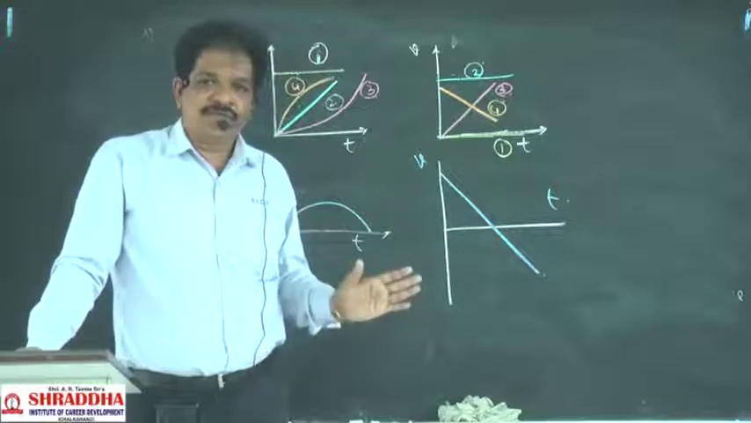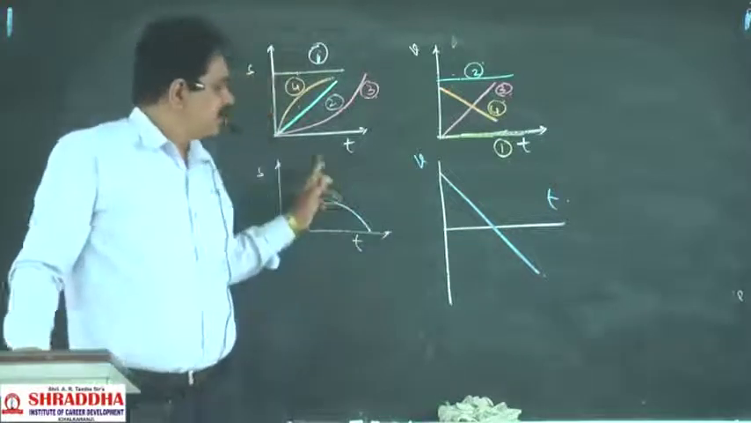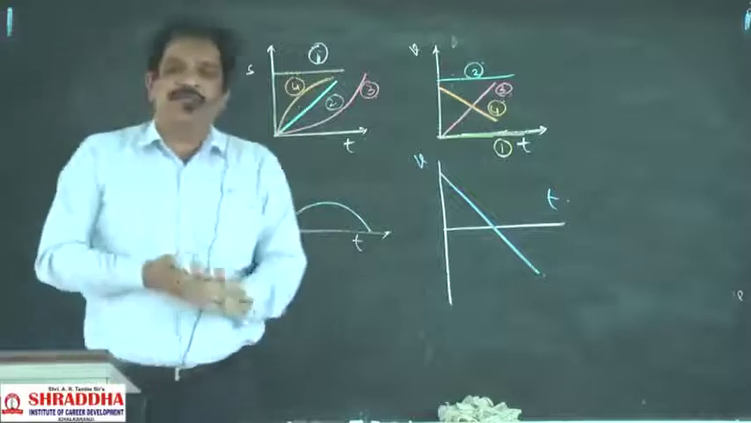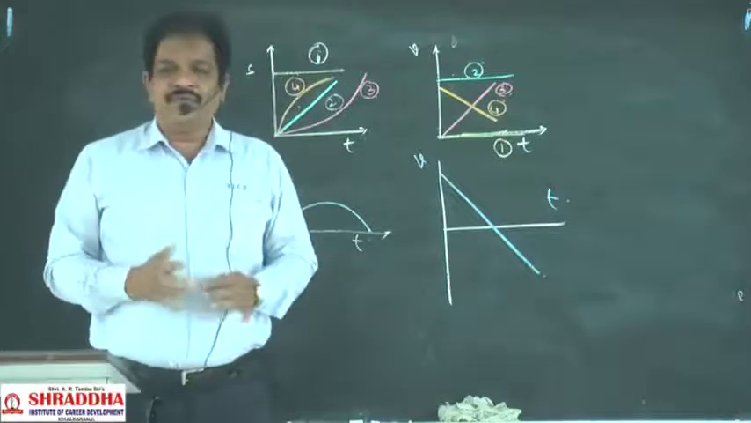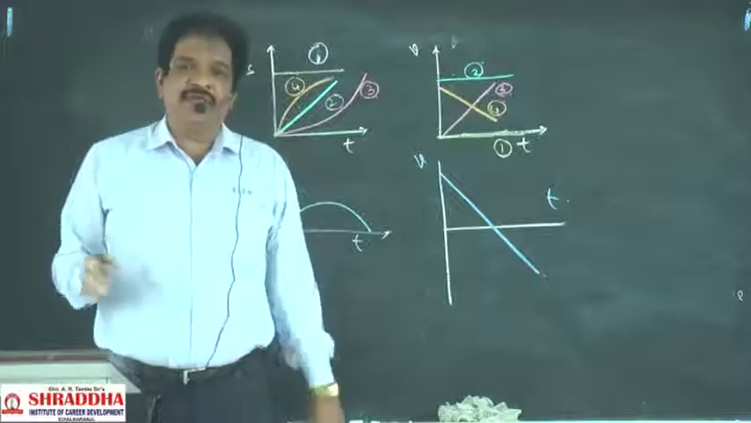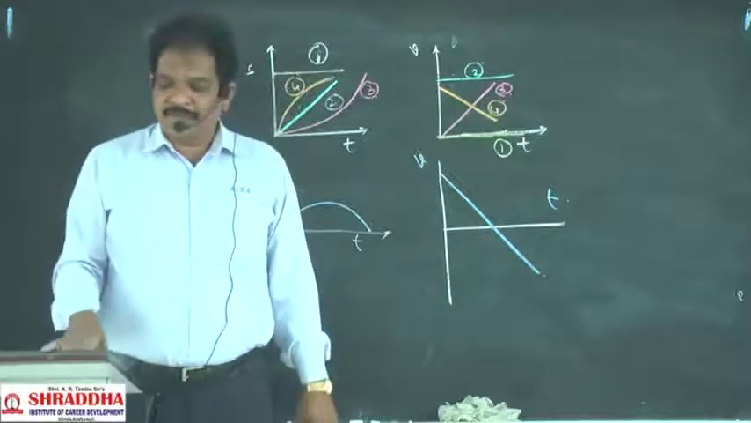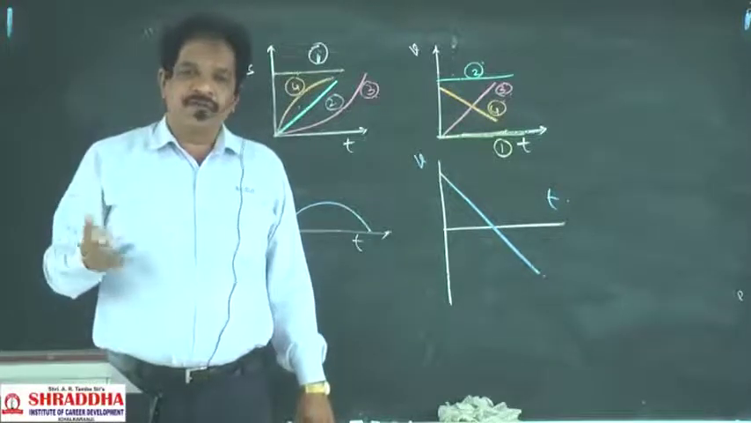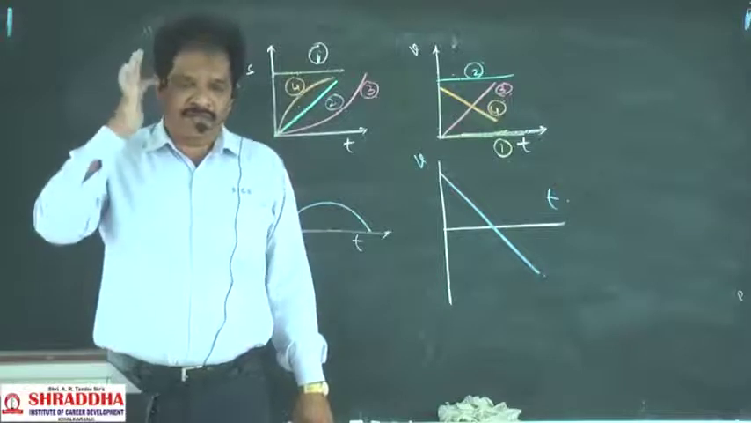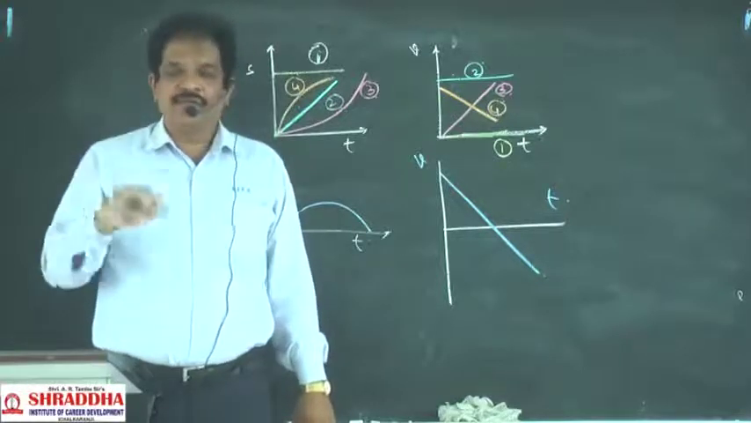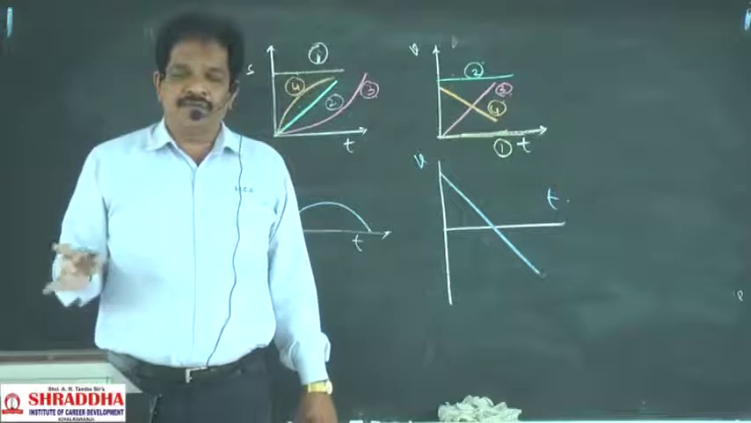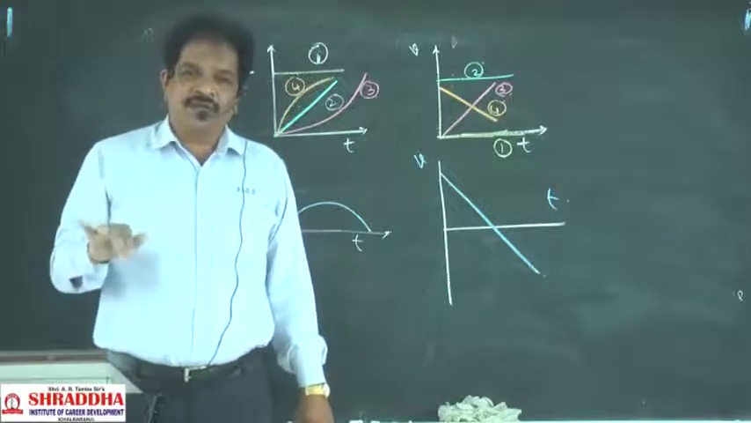Uses we discussed. Next, using the velocity time graph, how to derive V is equal to U plus AT. Up to that it is completed. We will continue the remaining in the next class. S is equal to UT plus half AT square. V square minus U square is equal to 2AS. How to derive from the velocity